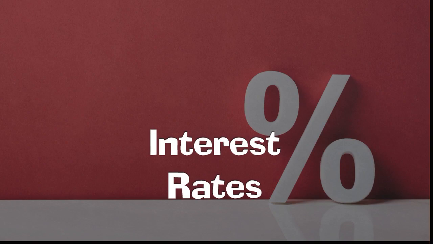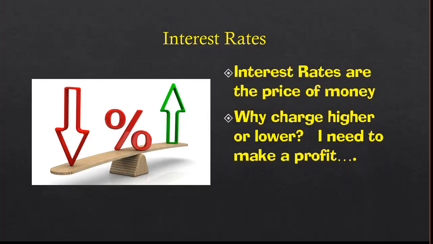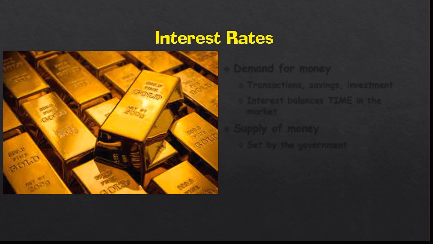Interest rates. Every economic good in the universe has a price. That includes things you can touch and things you can't touch. That includes your car. It includes a haircut, and it includes money. The trick to this is like the trick to everything else. If you're a business and you're involved in this, you want to make a profit, and interest rates are going to tie into the profits, obviously, of the lenders and also the borrowers. So where do interest rates come from? Strangely enough, the answer would be supply and demand.